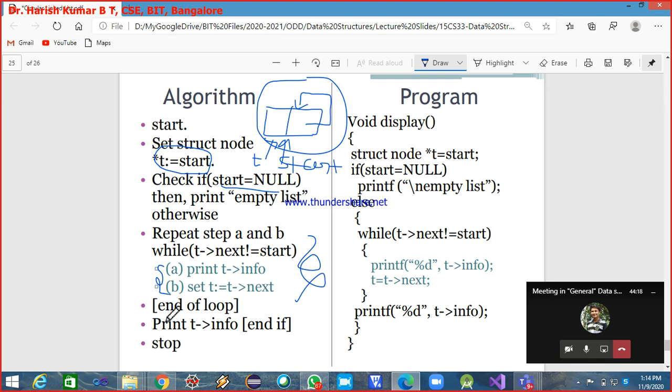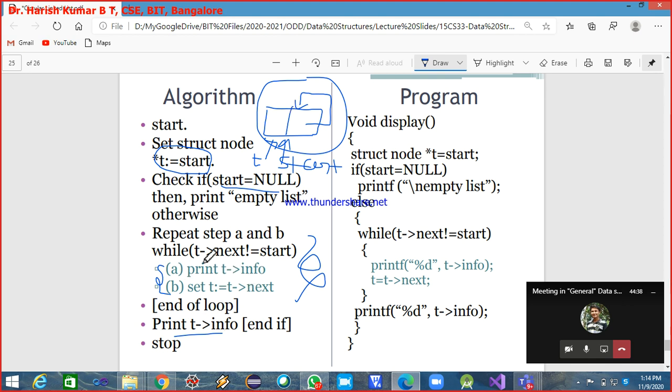Okay, it works, and outside we have written: if T arrow next is not equal to start, so we come here and we are printing T arrow info. If this condition is false, we print T arrow info outside. The last node or the first node we are printing here. Yeah, this works fine, no problem.